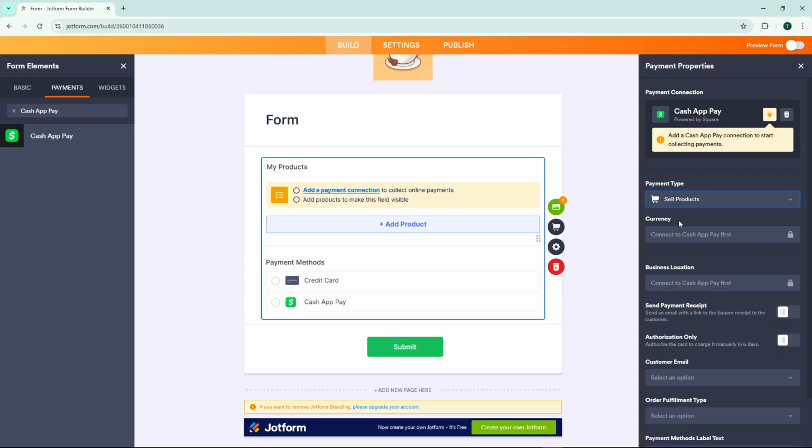Finally, scroll down to the Currency section if needed. Here you can select your preferred currency for transactions. Choose the one that matches your business location or customer base. And that's it. You've successfully integrated Cash App Pay with your Jotform, enabling you to accept payments directly through your